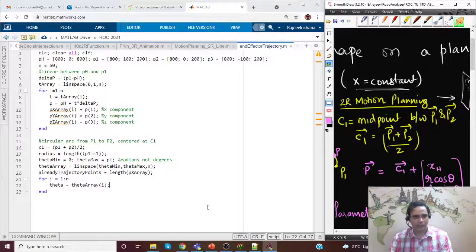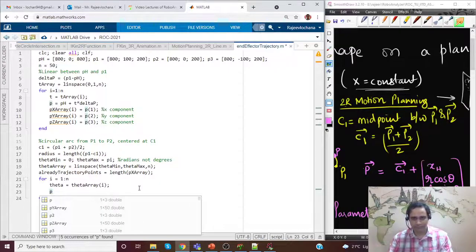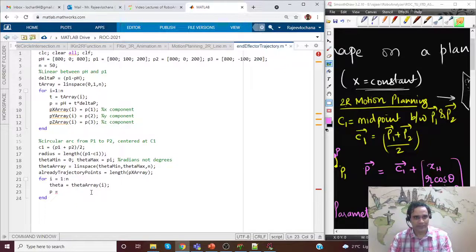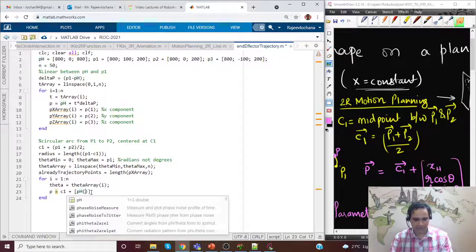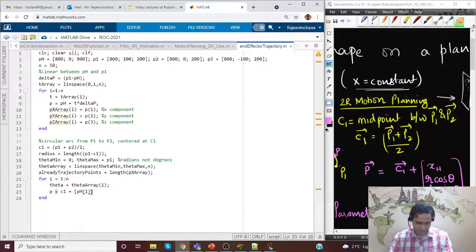Okay, now the P that we have, the current point, is going to be c1 plus a vector which will have ph first coordinate, so that is xh.